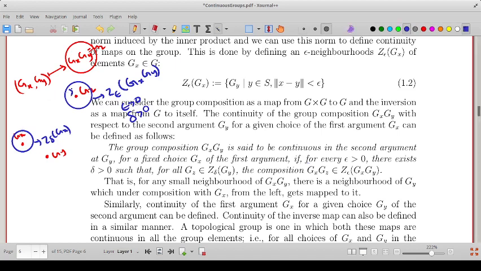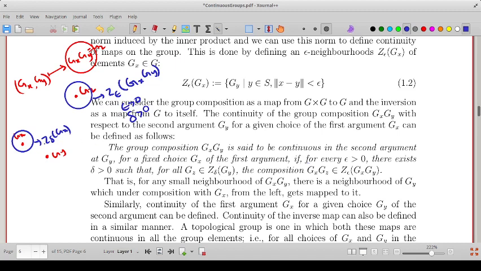So that means all points that are close to gx in this sense are mapped to points close to gz, again in this sense. So